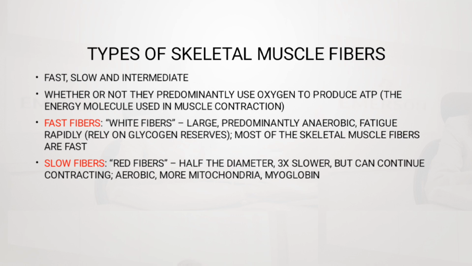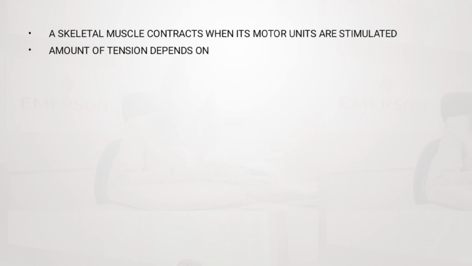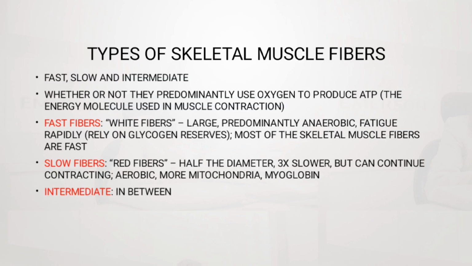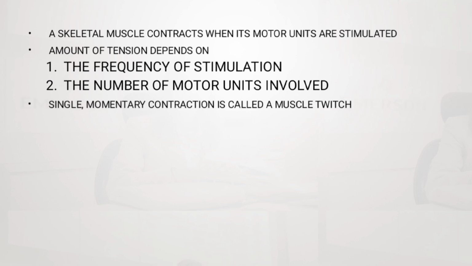Then they are aerobic with more mitochondria, and they have myoglobin as well. Then the intermediate ones are in between the fast and the slow ones. Okay, so you have to know that a skeletal muscle contracts when its motor units are stimulated. The amount of tension depends on the frequency of stimulation, the number of motor units involved, and of course there